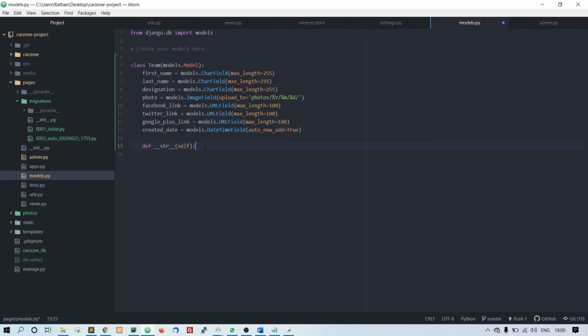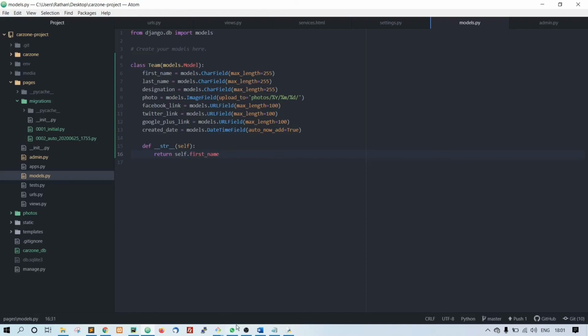Whenever we create a function inside a class, we must pass in self. Self is nothing but we are talking about this Team class. Just remember, whenever we are creating a function inside any class, we have to pass in self. That's all. Here, return self.first_name.